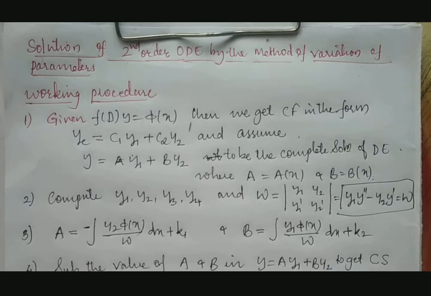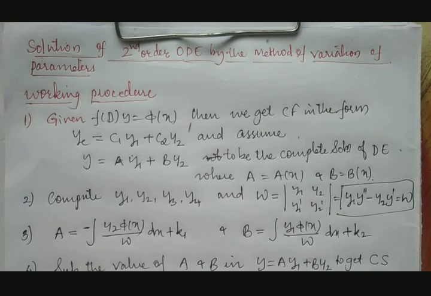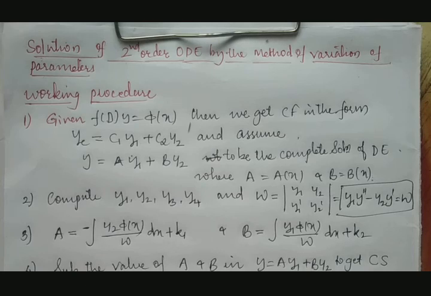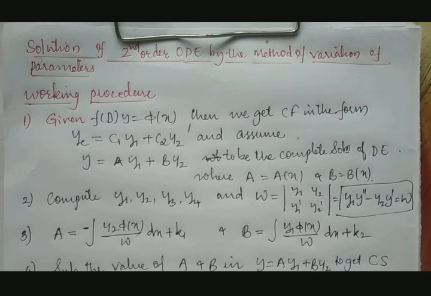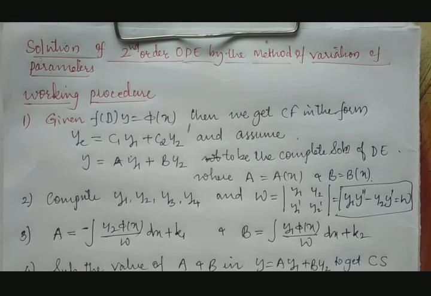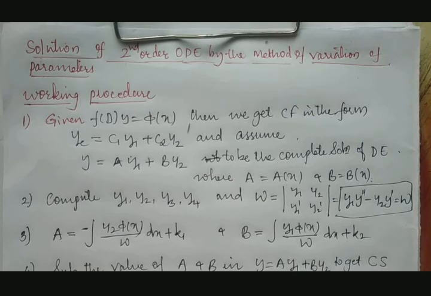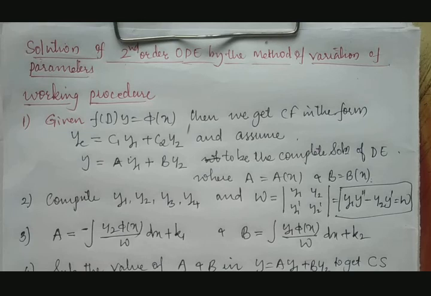If the given equation is homogeneous, we calculated a complementary function, which itself was a general solution. If the given differential equation is non-homogeneous, then we used the type 1, type 2, type 3 concepts. If phi of x is exponential, D is replaced by a. If phi of x is trigonometric, D squared is replaced by minus a squared. If phi of x was polynomial, we used the division method to get a particular integral.